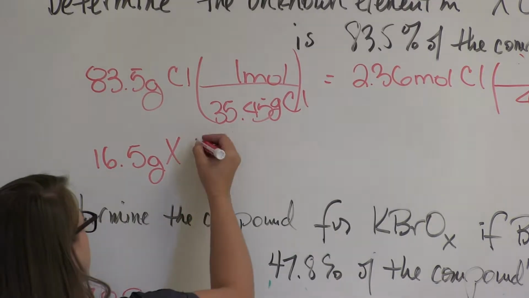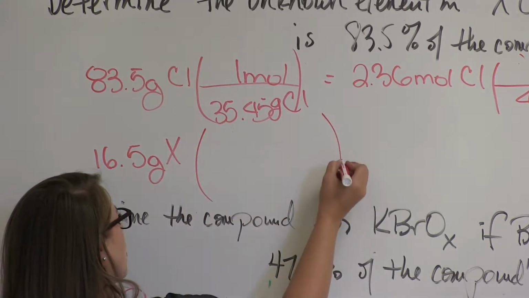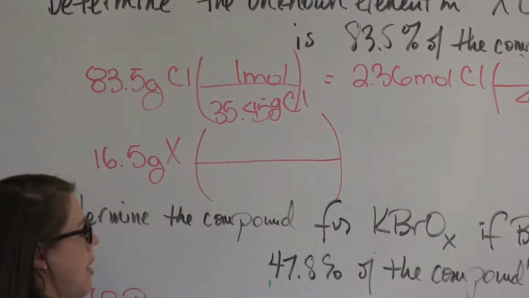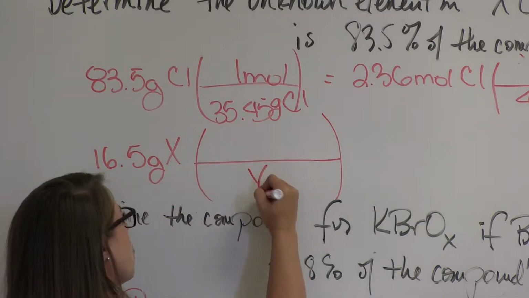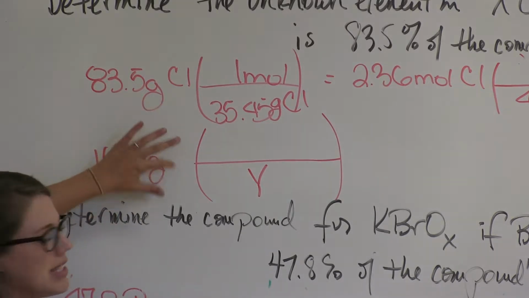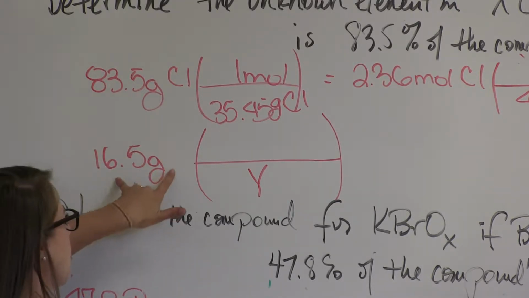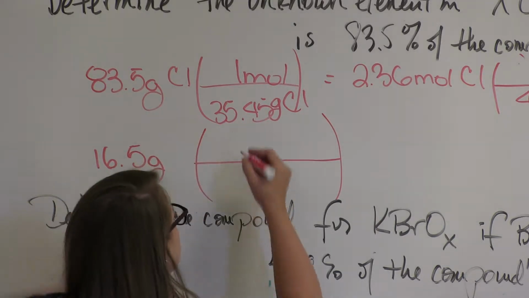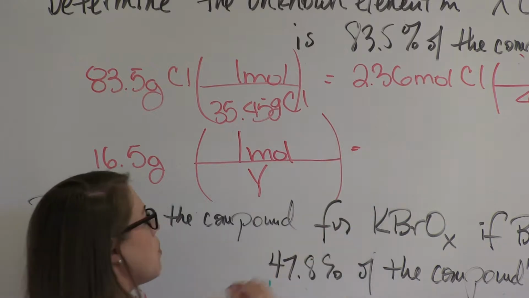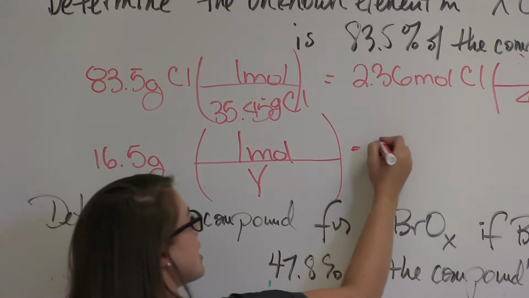So let's take 16.5 grams of X. Okay, and on the bottom is our atomic mass. Grams of X normally goes in the bottom. I'm going to give it y because that's what we're solving for. We don't know what it is. Okay, and I'm going to go ahead and get rid of this X just so you're not confused by it. This is grams of our unknown. And we know this is always to 1 mole. Okay, well, we can set this equal to moles of our X. So we can set it equal to